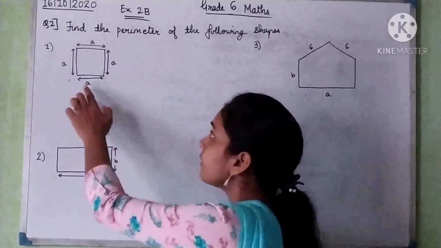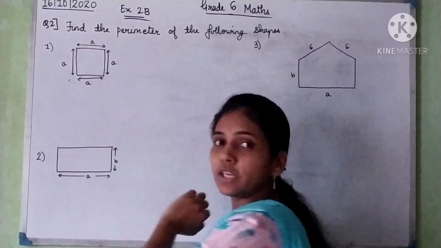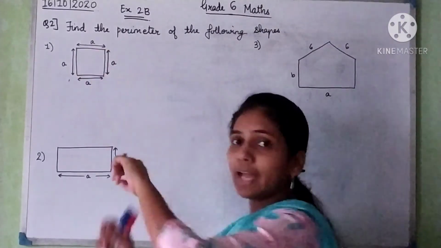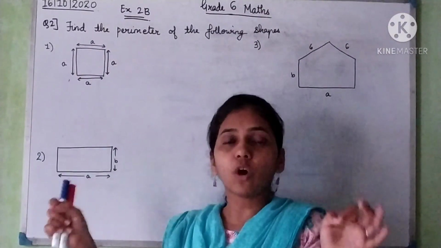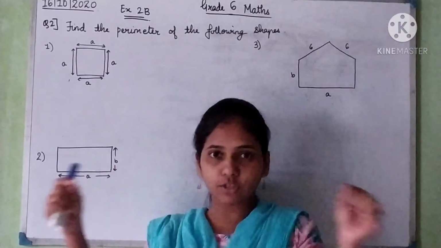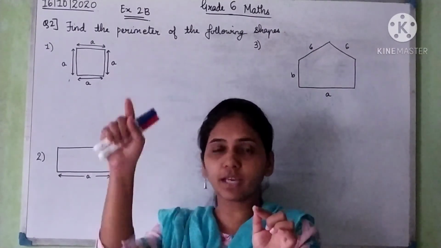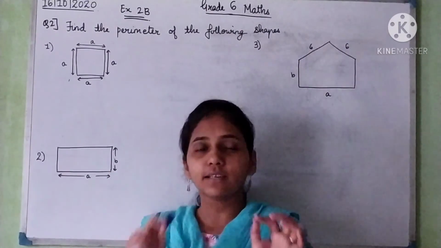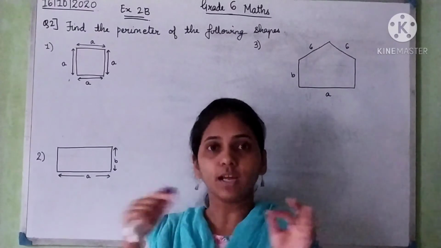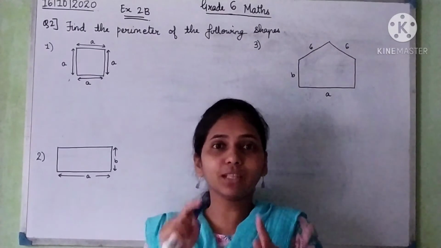Okay. Like here the shape is a square. So we have to find the boundary. How much this boundary is. If I cut this square at one edge and make it into a string, what will be the length of that string? That is called the perimeter. Suppose I have a string and I mold it into a square. I make a square shape of it. So before making the square, we will measure the length of the string. Now when we make a square of it, the perimeter will be the boundary of the square.